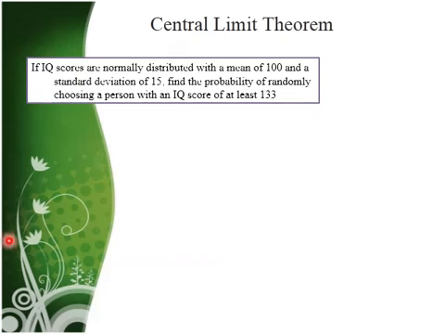Let's take a look at this example. If IQ scores are normally distributed with a mean of 100 and a standard deviation of 15, let's find the probability of randomly selecting a person with an IQ score of at least 133. That is to say, we're going to try to find the probability of choosing a person with an IQ score greater than 133. So we first want to convert our IQ score 133 into a z-score that we can look up on the table. So that is 133 minus 100 divided by 15